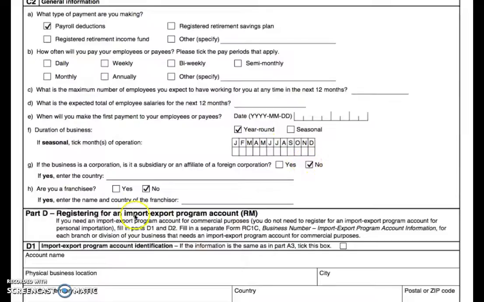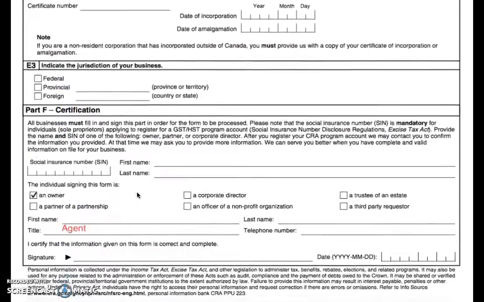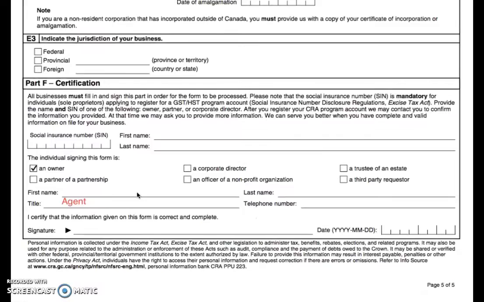Under G and H, you will tick no because you are not a corporation or a franchise. Parts D and Part E will get left blank, and the last part to complete is Part F. You will once again put in your social insurance number, your first and last name. You will tick that you are an owner signing the form, put in your name once again, your title, and your phone number. Once all the information is filled in and correct, you can sign and date the form, and